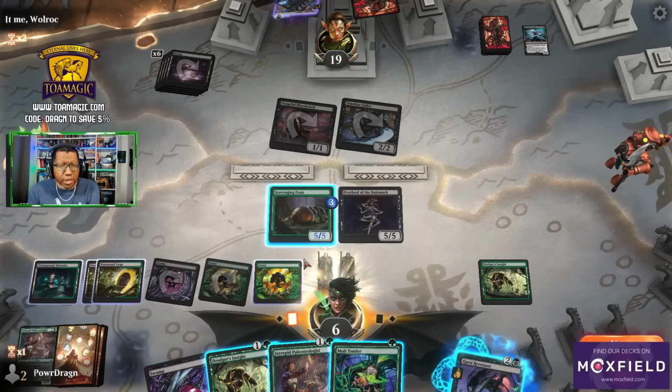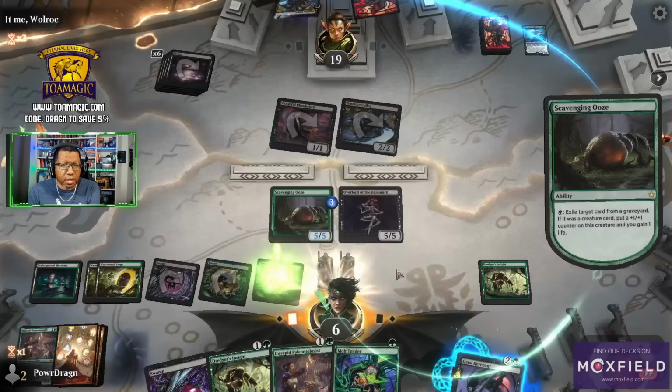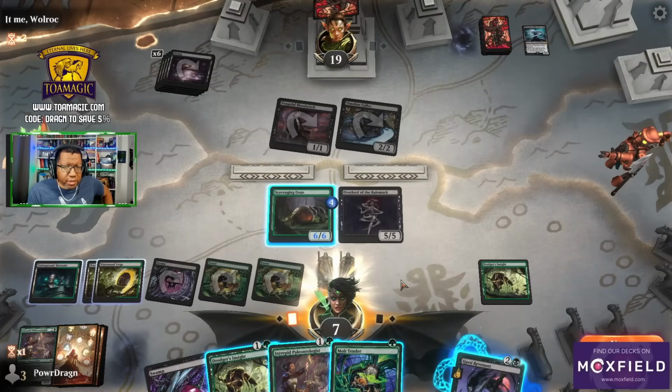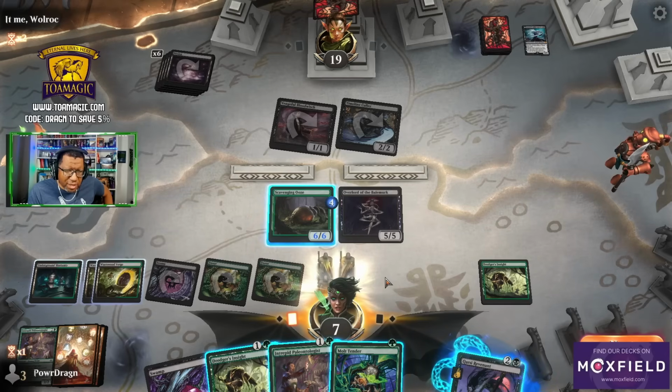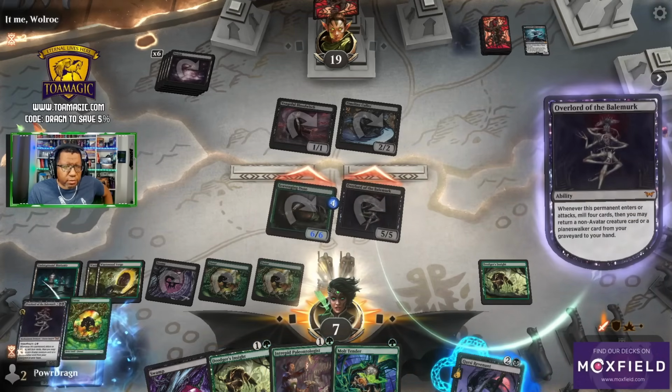We can also get extra life back if we feel we need to remove something from our graveyard as well. We're at 7. We can return a creature, go to 8. I don't think they can kill us here. You know, famous last words, but...